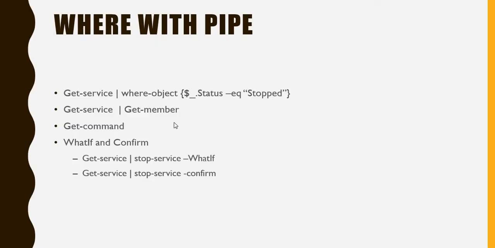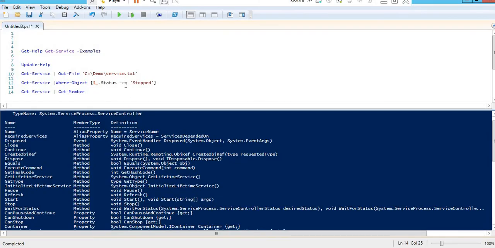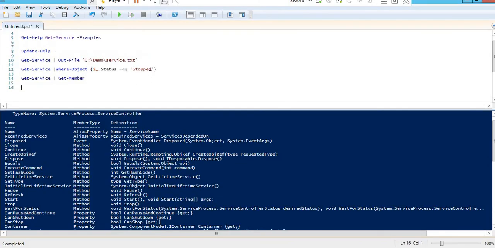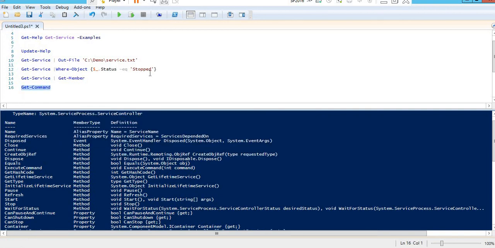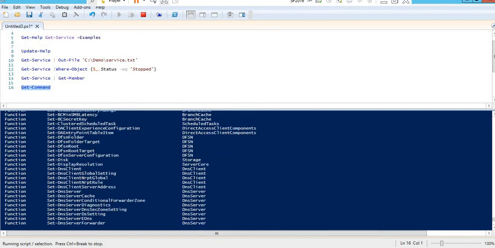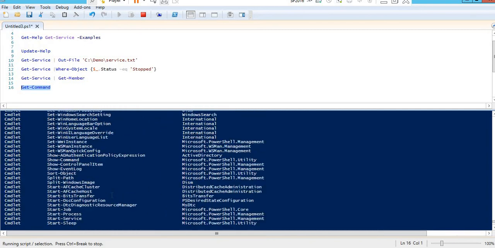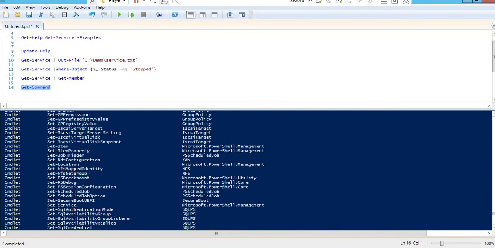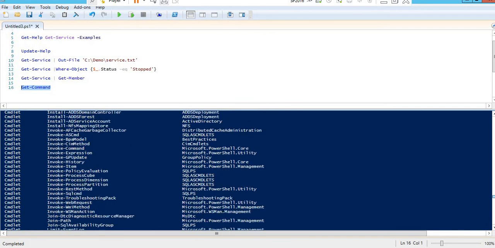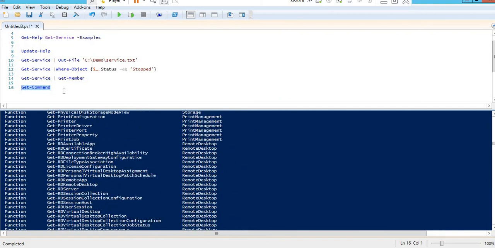Now if you're not sure of the command itself, you can see it through Get-Command. If you're not sure how many commands there are, you just write Get-Command, and you see all the commands which are there, all the functions which are there. These are the inbuilt functions and commands. You can make your own functions also, which we'll cover in later videos. You can see how many set, get, delete, remove, stop, everything is there, so that you can